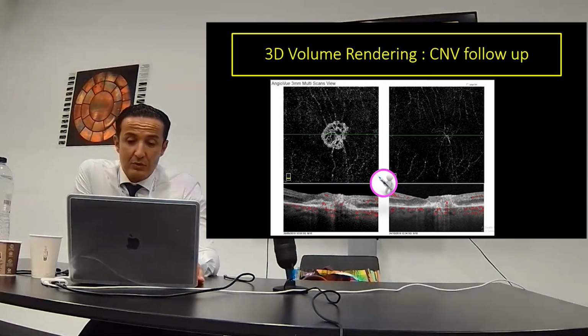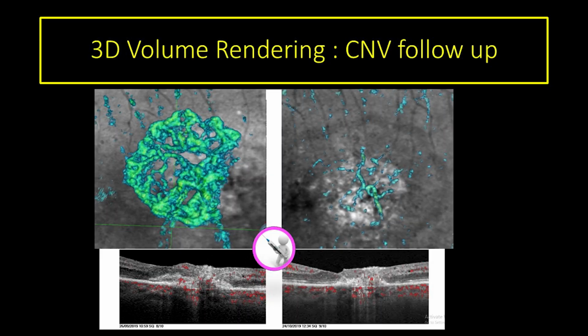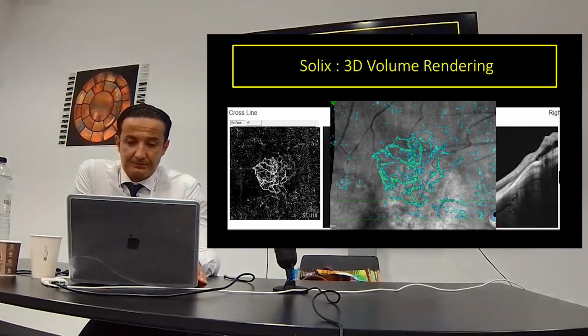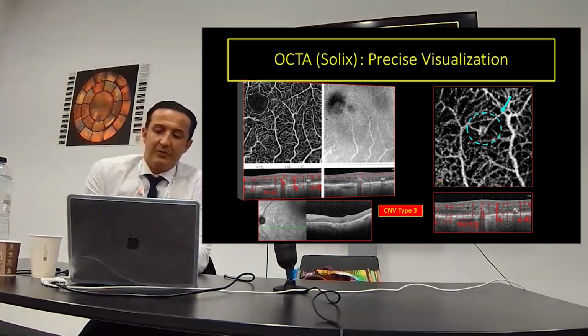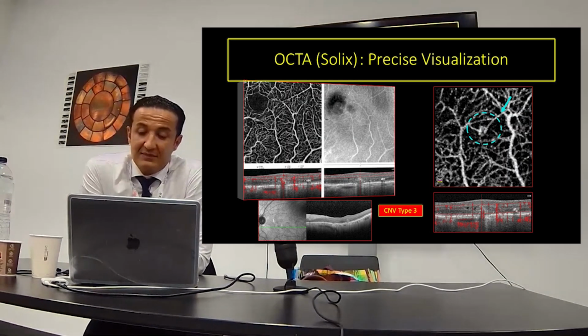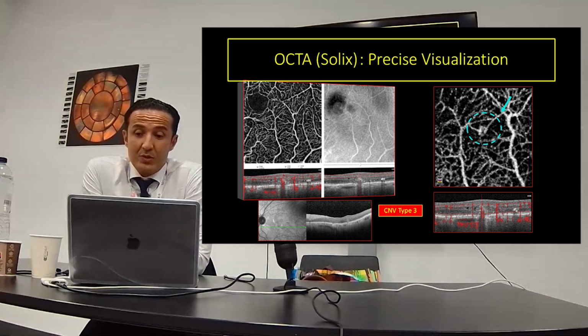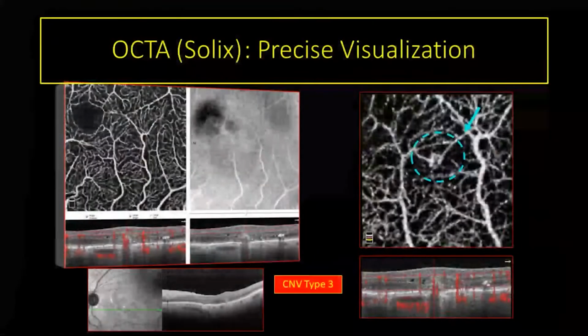And you can follow also this patient here with a two-dimension OCT angiography, and in three-dimension we observe a very good vasoconstriction of the CNV after anti-VEGF therapy. Another case of CNV in a myopic patient. And look here, a very beautiful case of CNV type 1 to show the precise definition of